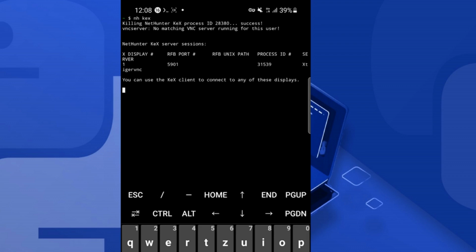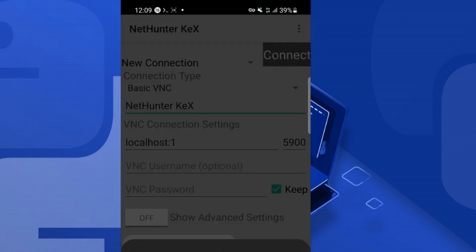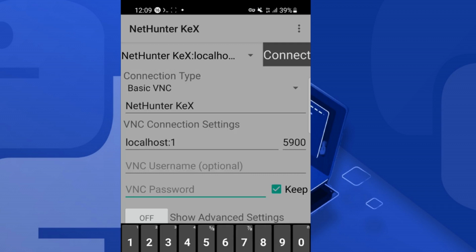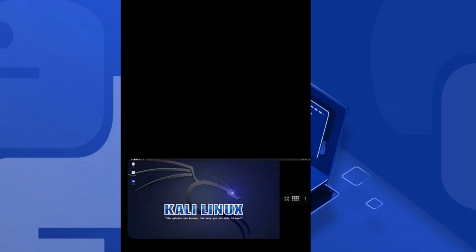Now it is ready, so let's come back right here to NetHunter KEX and give the password. 123456 is the password that I already provided for you, though maybe yours is going to be different. Now I'm going to hit this connect button. Boom,